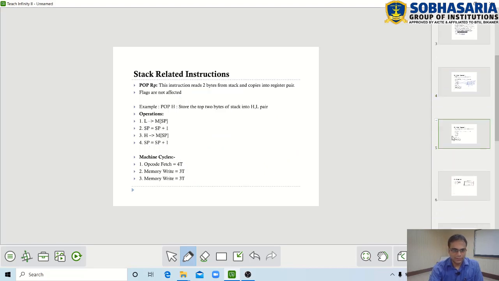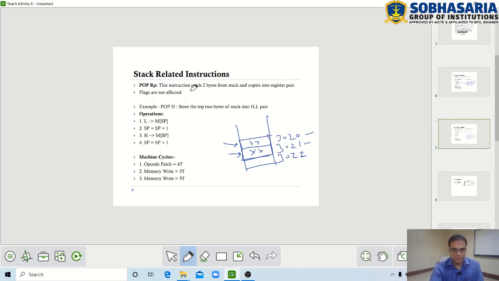Let us understand now the pop operation. Similarly, suppose this is the memory segment 3022, 3021, 3020. So we have stored 2 bytes, which is called push operation. In the earlier push operation, we stored 2 bytes in these 2 memory locations. Now we want to pop these 2 top data which are inside this stack.